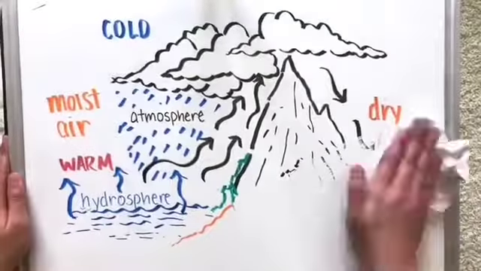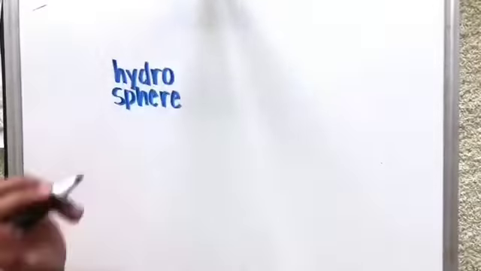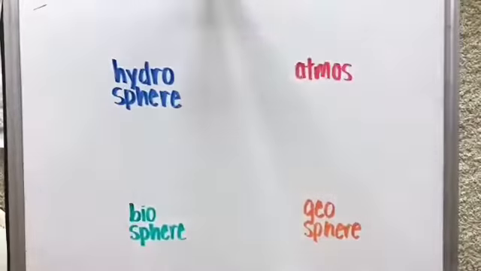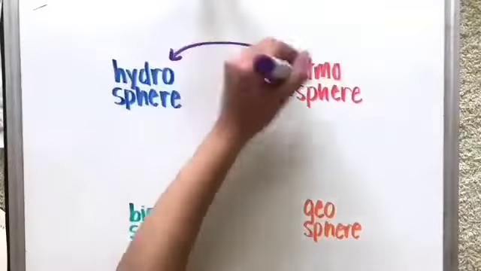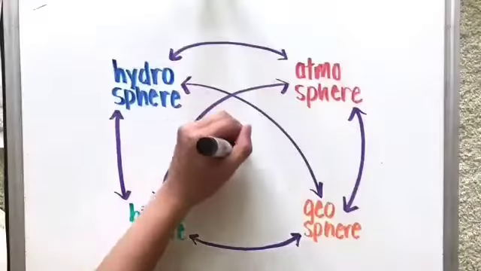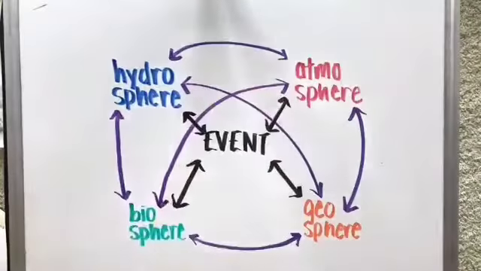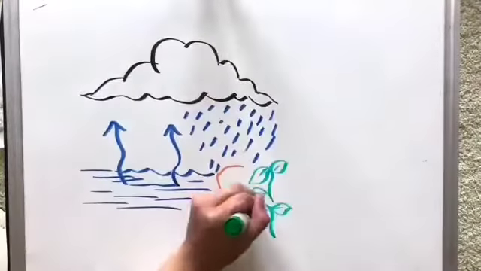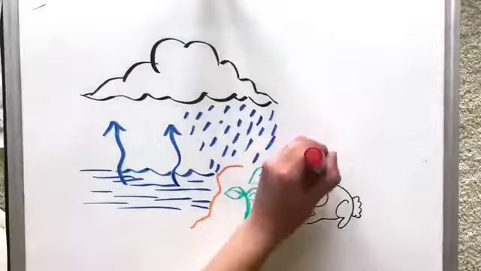The higher you go up into the atmosphere, the colder it tends to get, hence why the air cools very quickly at the top of a mountain. All of Earth's systems are connected and work together in so many ways. From our geosphere, hydrosphere, and atmosphere working together to support life in our biosphere, to our hydrosphere interacting with our geosphere and atmosphere to shape our climate, everything works together.